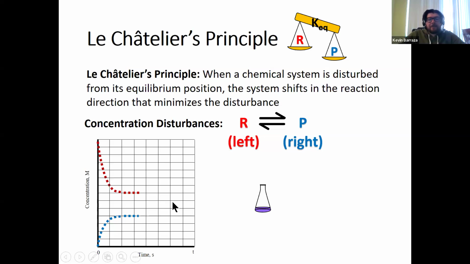And we want to see what happens if we disturb the equilibrium. So the first thing we want to say is, let's have off to the side what our equilibrium condition is. We have a special number that we reach when we're at equilibrium, the equilibrium constant. In this case, when the balanced chemical equation is 1R makes 1P,